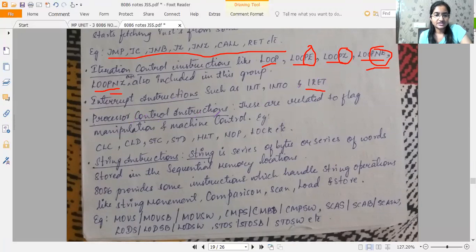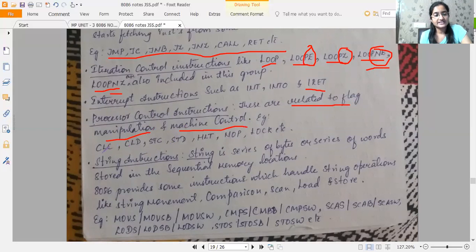Processor control instructions. Processor control instructions are of two types. One is related to flag manipulation. Either it will manipulate or change a particular flag bit in the flag register, or it will control the machine. It will control the entire processor.